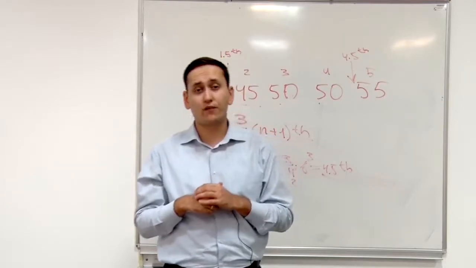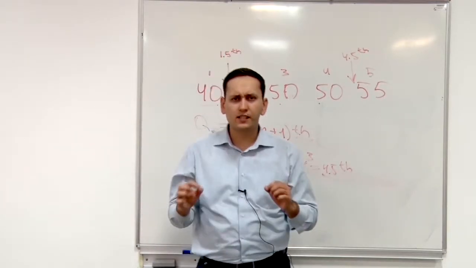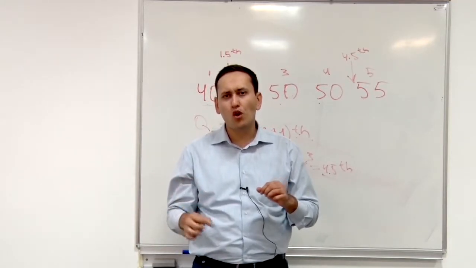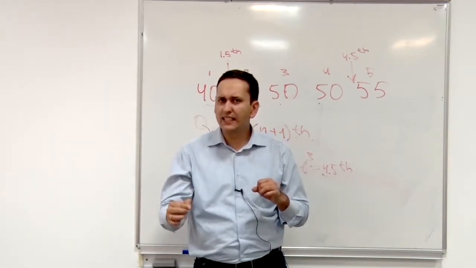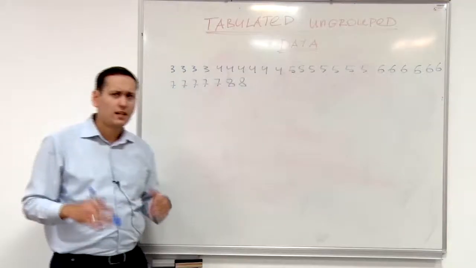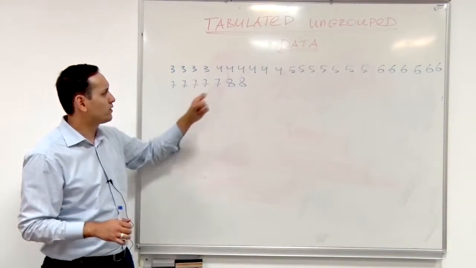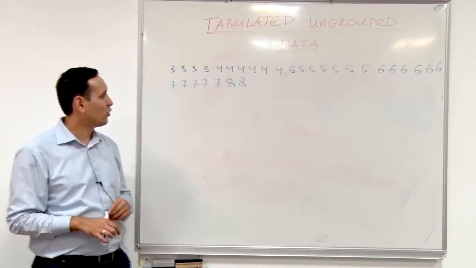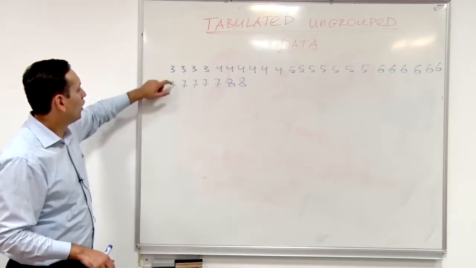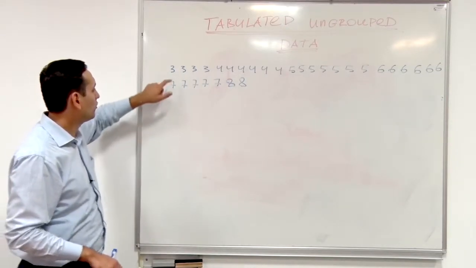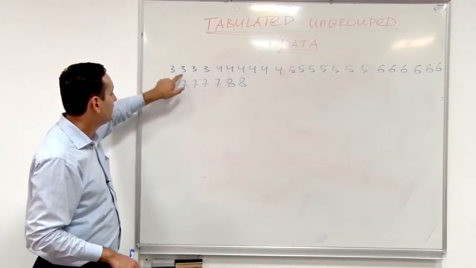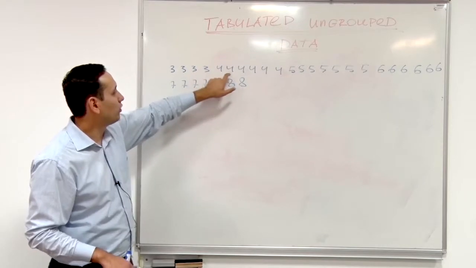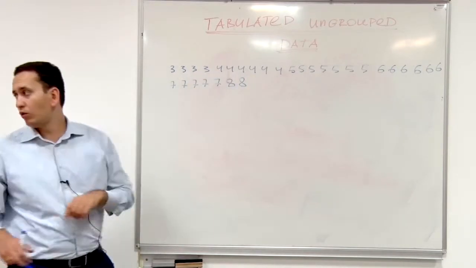This is the second section of our lecture, where we will discuss the measurements of location for tabulated ungrouped data. Let's imagine you're given a sequence of numbers that shows the number of TV sets sold every day. For example, on the first day, you sold 3 TVs. On the second day, you sold 3 TVs. On the third day, you sold 3 TVs, 3 TVs, 4. So overall, we're going to have